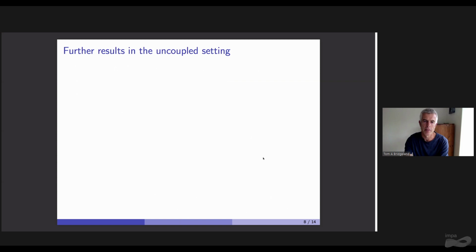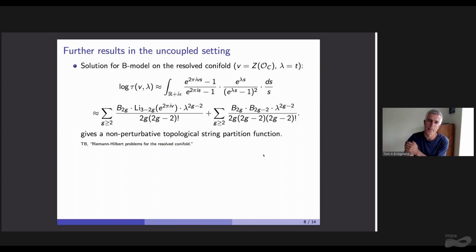And then there are some further results about this that I wanted to highlight, which is you can consider coherent sheaves on the resolved conifold. Okay, so a very simple example of a Calabi-Yau threefold, and think about coherent sheaves on that. We know all about the DT theory there. And that is actually an uncoupled situation because all the sheaves are supported on curves, and that intersection form is kind of the Euler form. Two curves on a threefold don't meet generically. So